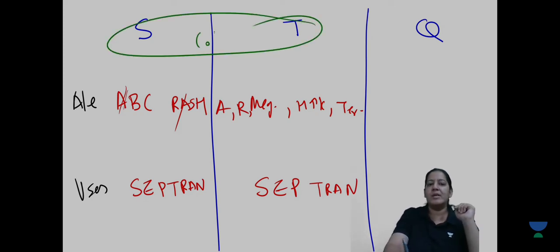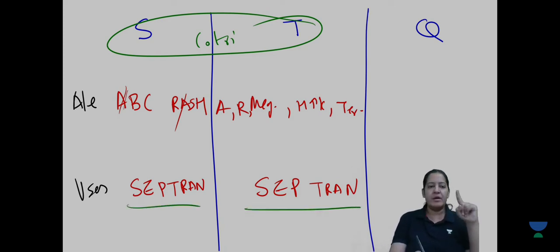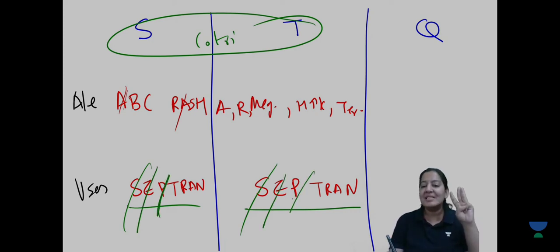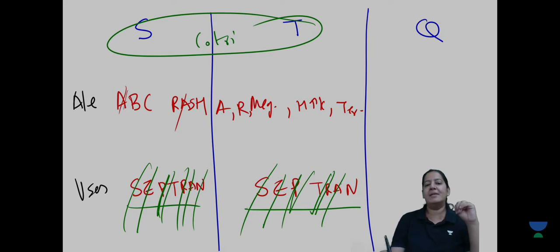The combination of the 2 is known as cotrimoxazole, or Septran. The uses of the combination is Septran. So what is the full form of Septran? S is STD, that is, sexually transmitted diseases. E is enteritis. P is Pneumocystis carinii and jejuni. T is typhoid. R is RTI. A is acute UTI. And N is Nocardia.